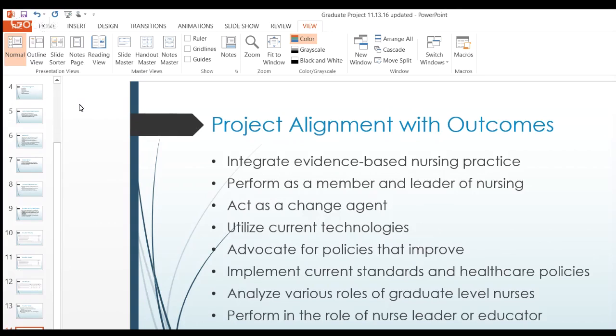Data was collected on both the prevalence of sepsis and simulation utilization for the education of nursing professionals. Again, that's not just nursing students. I was able to take the lead on the revision and creation of a new simulation for the purpose of educating new nurses, acting as both the lead during the simulation, conducting not only the simulation, but the debriefing. I was able to utilize up-to-date technology for both simulation programming and just with the being able to utilize SimMan